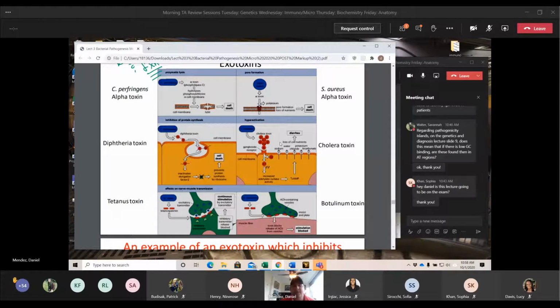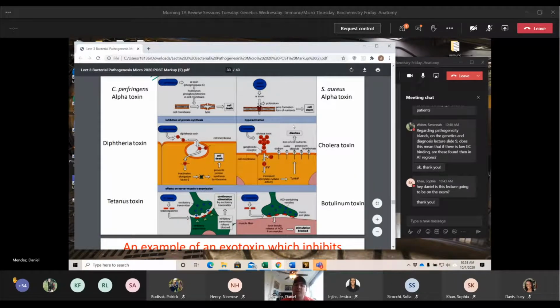Then cholera toxin, it is also A and B. It has both A and B subunits. Here, the A subunit interacts with cAMP. By increasing cAMP, it forces our cells to efflux more of our electrolytes out of the cell and into the interstitial area. This is occurring in the intestines. Our intestinal cells are releasing more sodium, chloride, bicarb, potassium. They're getting rid of all those electrolytes.